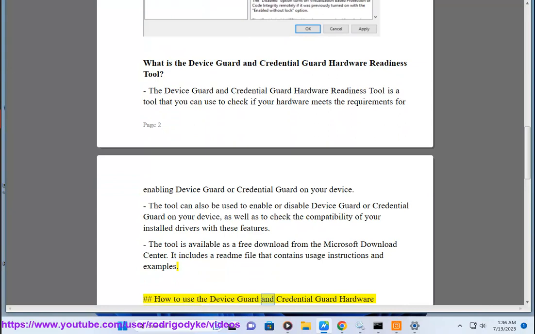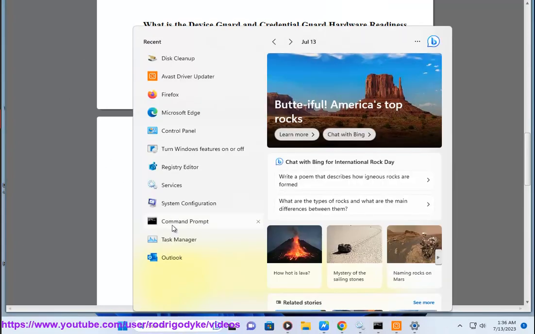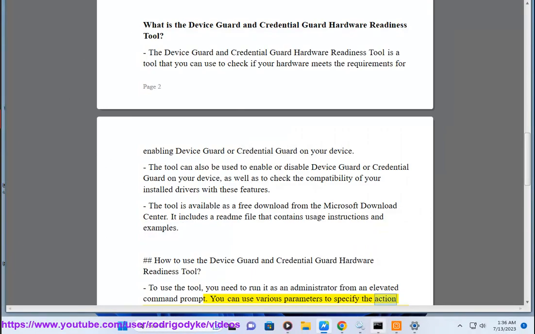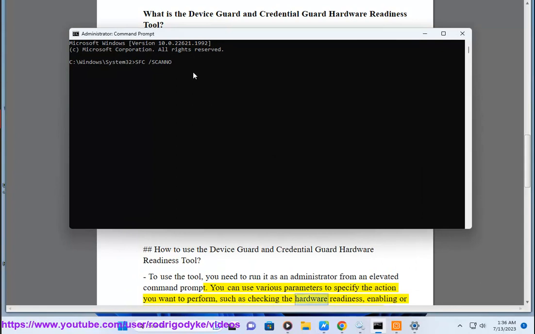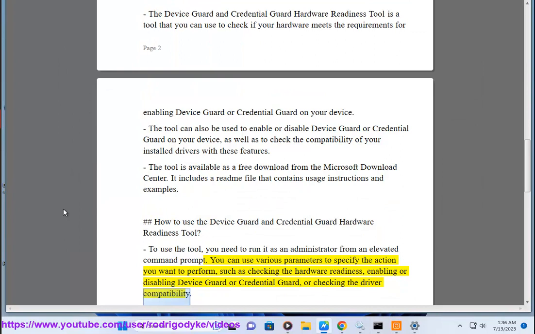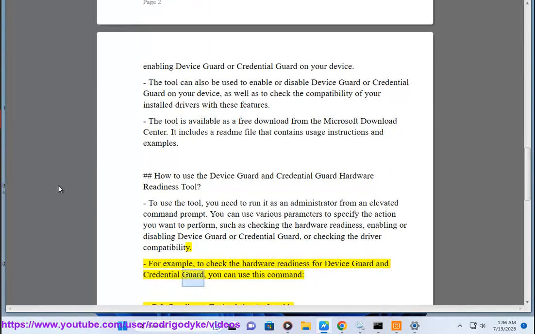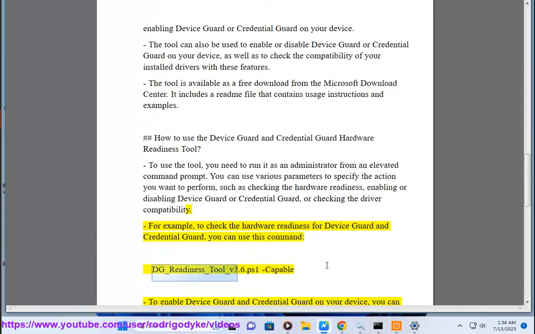How to use the Device Guard and Credential Guard hardware readiness tool. To use the tool, you need to run it as an administrator from an elevated command prompt. You can use various parameters to specify the action you want to perform, such as checking the hardware readiness, enabling or disabling Device Guard or Credential Guard, or checking the driver compatibility. For example, to check the hardware readiness for Device Guard and Credential Guard, you can use this command,